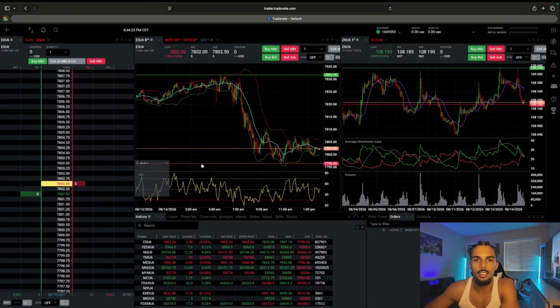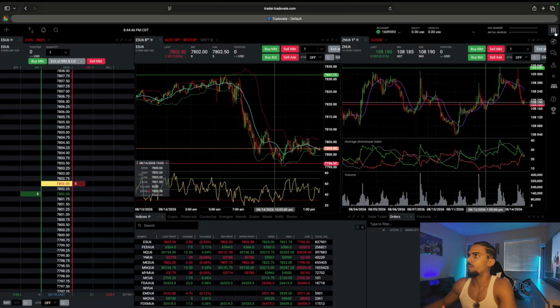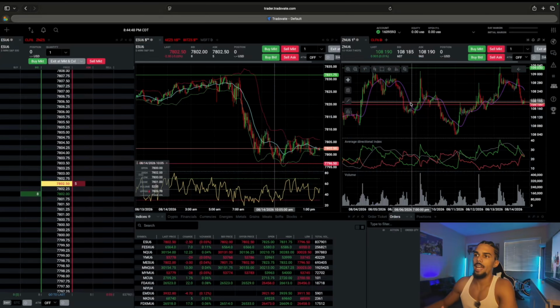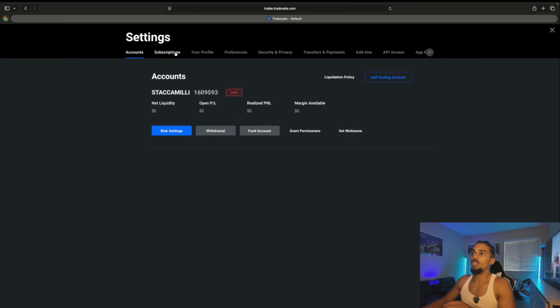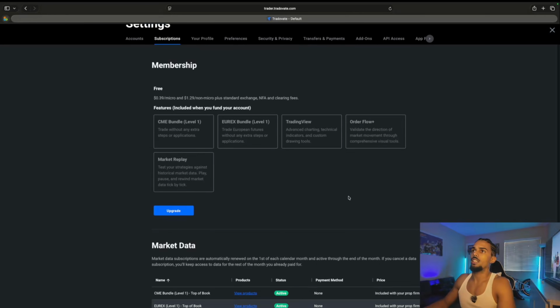And now if you speak English, this right here probably looks like somebody writing in Spanish or talking in Chinese to you, vice versa. Don't let this discourage you. Don't let this fool you from how simple it is to be able to trade. The first thing you do when you get your account set up, to be able to get access to this right here and to be able to have access to the markets, the first thing that you're going to do after you set up your account, you're going to come here and you're going to need, they have